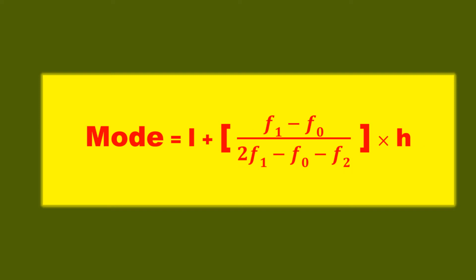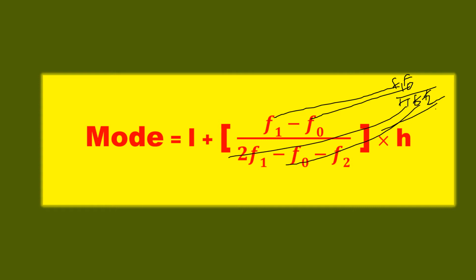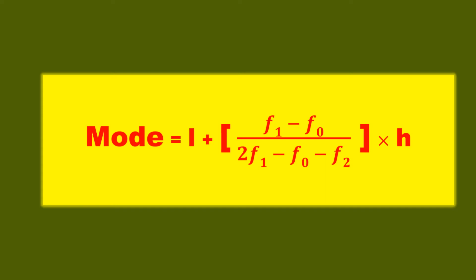If you are confused where to put 1, where to put 0, where to put 2, I will tell you an easy way. Simple, listen here: 1 0 1 0 2. First you write 1 0 1, next you put 2. Okay, 1 0 1 and 2 here. For this you put F, and here also F, here F. Now you got it this way: F1, F0, F1, F0 and F2. So what you should remember is 1 0 1 0 2.